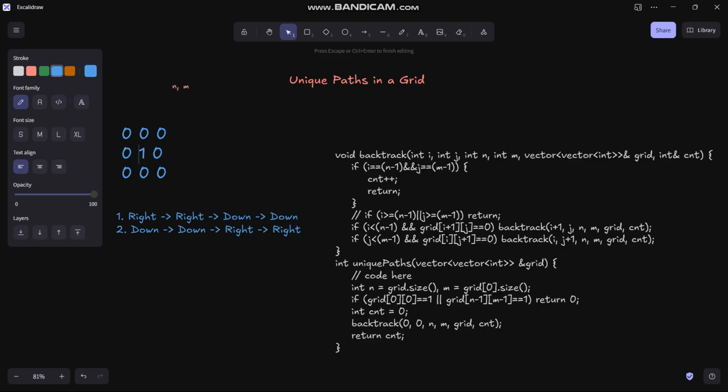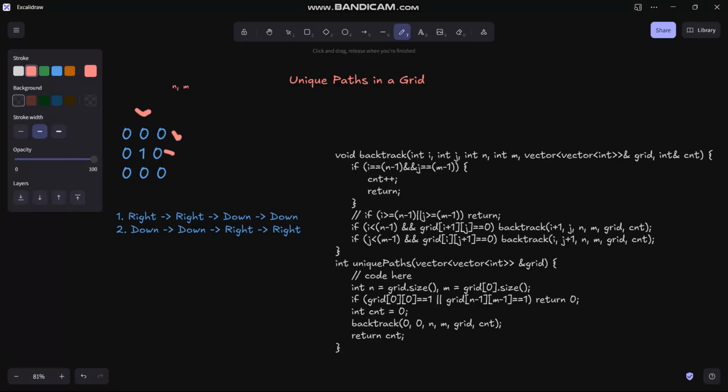We cannot move to a place where there is 1. Basically, 1 is acting as an obstacle here. So from 0 we can move right or down. That is fine because both are zeros, both are free places. Then from this position we can move to here, then here, and similarly from this we can move down, then again down, then right,